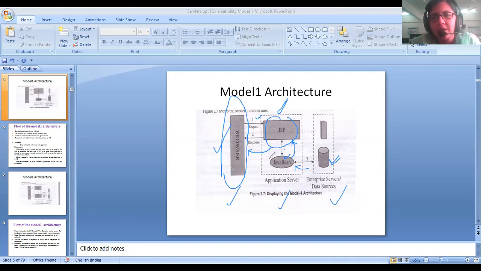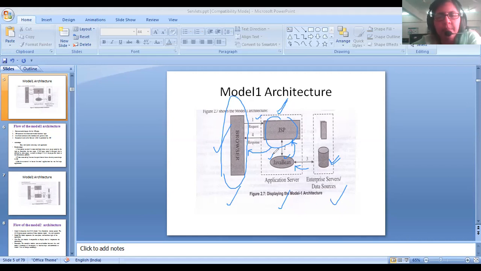Now, quickly, let's revise. What do we mean by Java Bean? Recollect what is meant by a Java Bean. So, a Java Bean is a simple Java class with the specific attributes of a particular class along with the methods, typically the getter and the setter methods. These getter and setter methods are made public so that anybody can access them.